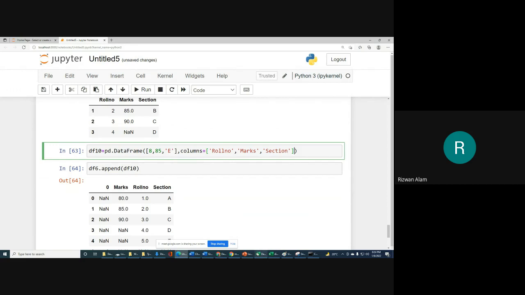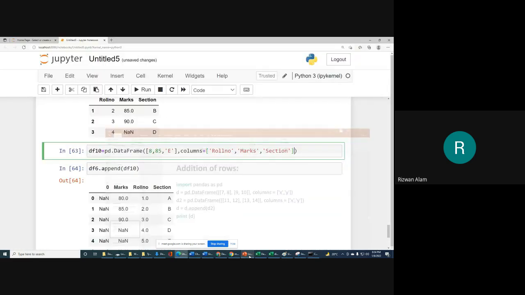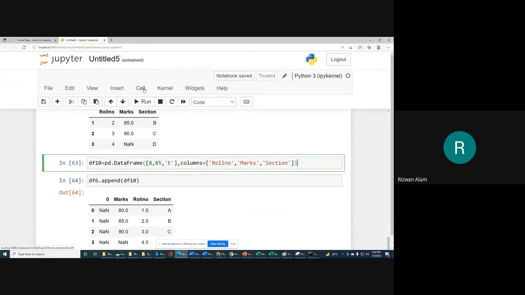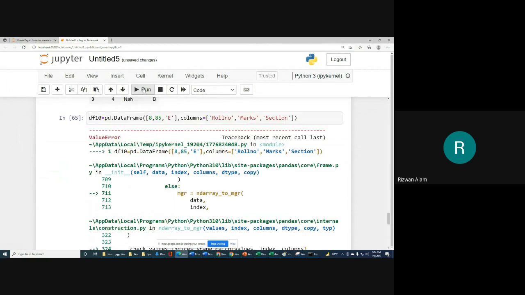Okay, so we have to create this for all lists. Okay, okay. So let me try to do this first. Roll number, marks, and section: 8, 85, and E, that we want to do. So it will create.